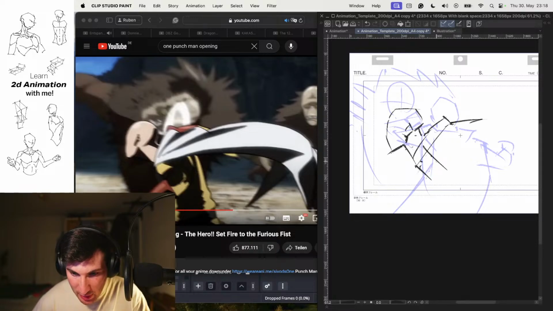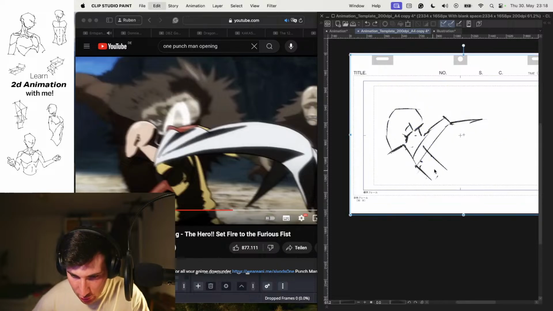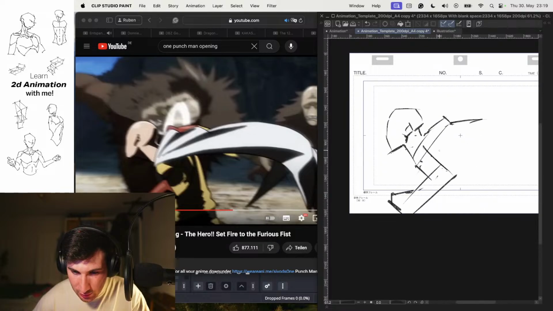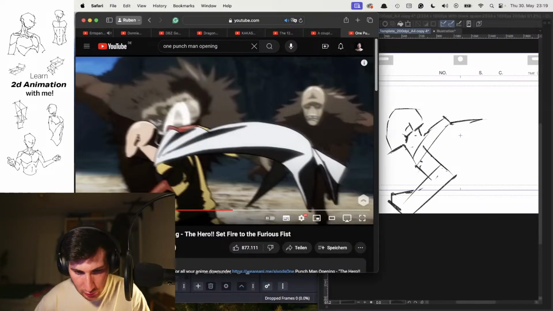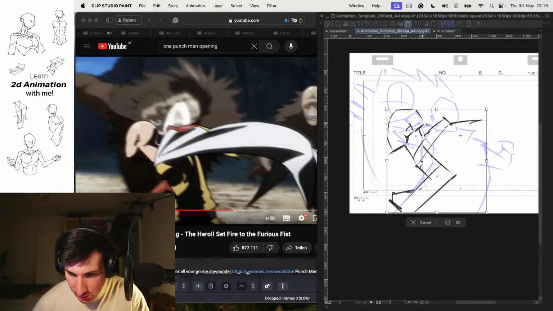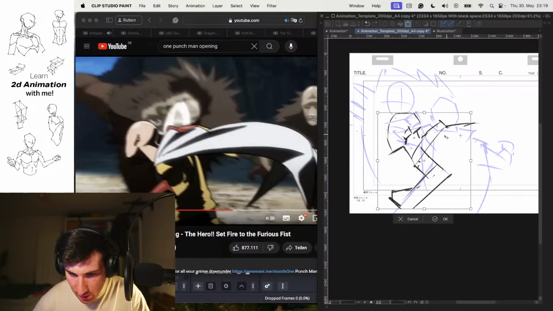So the bare minimum of frames to understand what's happening. This one has to be a little bit smaller actually. But other than that,